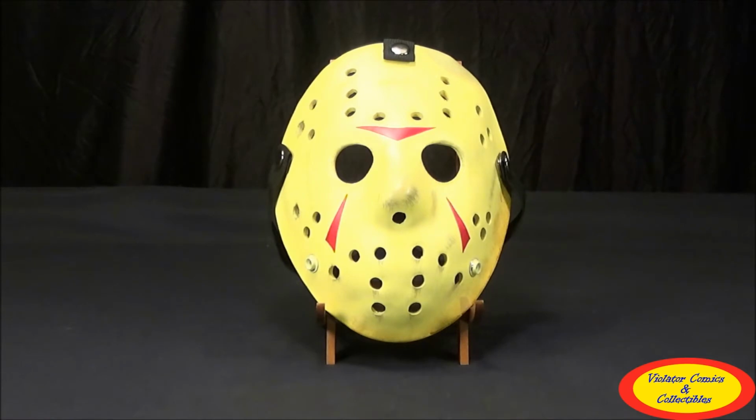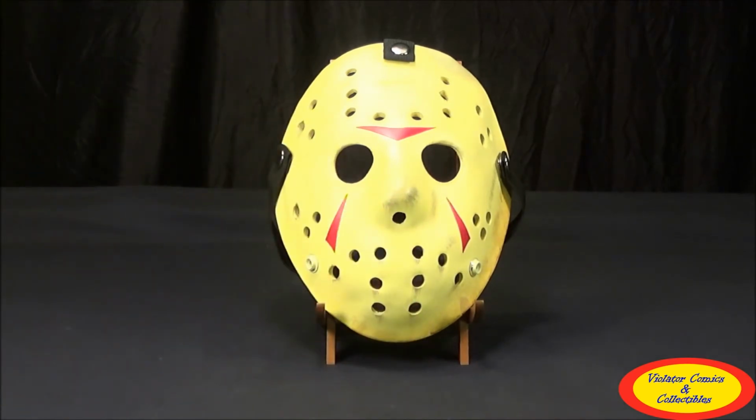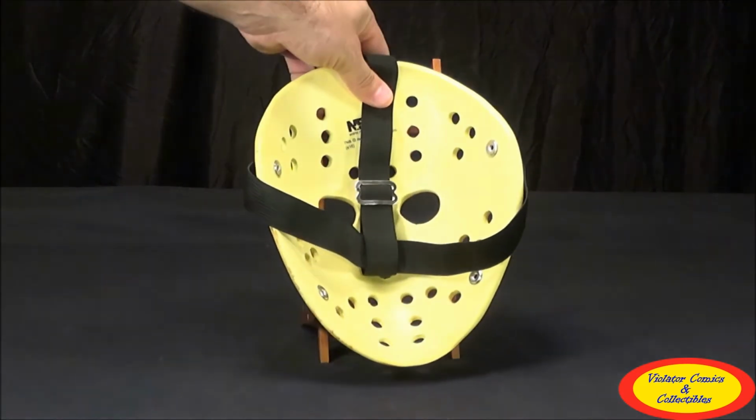But my biggest problem with this mask, in all honesty, is that everything on the front of this mask looks great. I mean, I ordered this on the internet. I didn't get to pick mine out. Sometimes you can take a look at the ones on the shelf and see which one looks better. The back is where there's some weirdness on it, and it's actually in the little